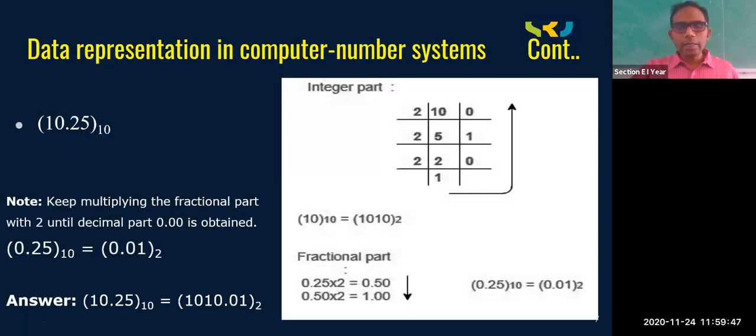So now let us see how to find the binary number for a given decimal number. Just concentrate on this slide. Okay. So what we are doing here, we are converting 10.25, which is a floating number. If you have a decimal part, then it is called a floating number in computers. If a decimal part is there, a dot, before that the mantissa, after that the exponent, all those things, it is called a floating number in computers. So concentrate on 10.25. This is a decimal number; what is its equivalent in binary?